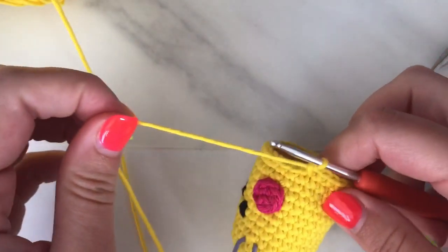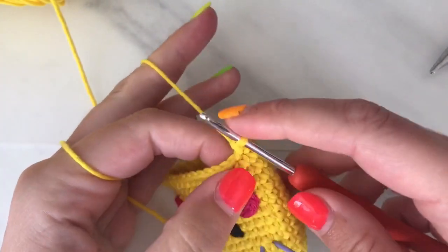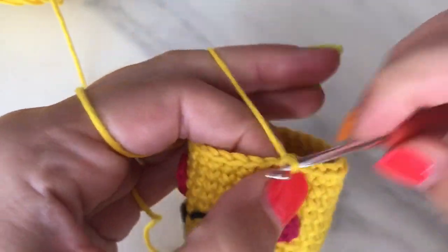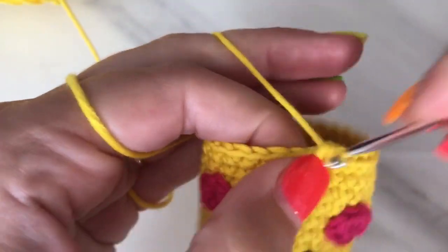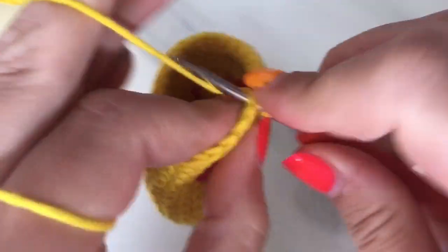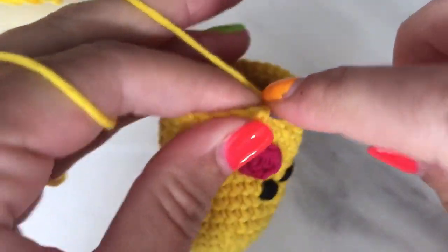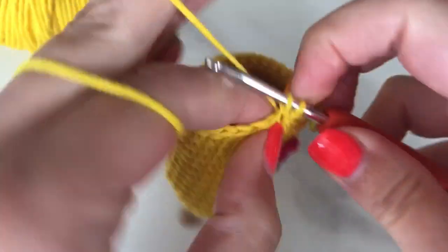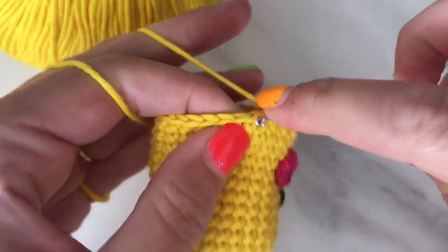Join your hook back onto the yellow yarn, and this is where we create the bend in the middle of the banana. So we're going to start with 12 single crochet, 2, 3, 4, 11 and 12, and then you're going to do an increase, so 2 single crochet in the same stitch, 1, 2, and then you're going to do another 12 single crochet,